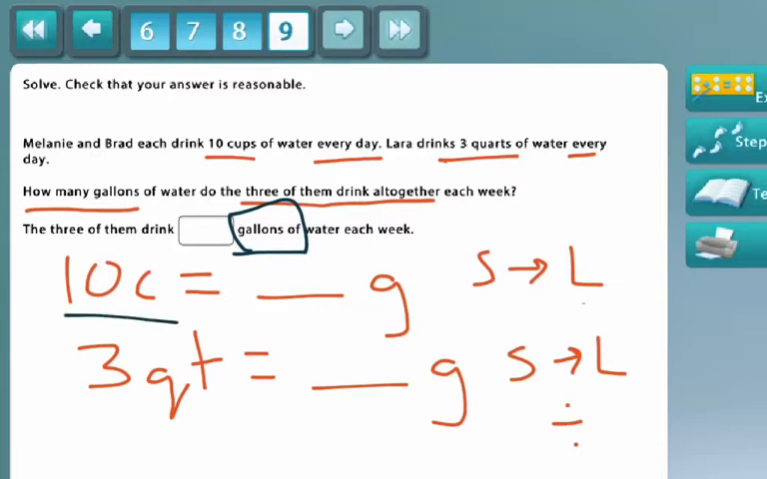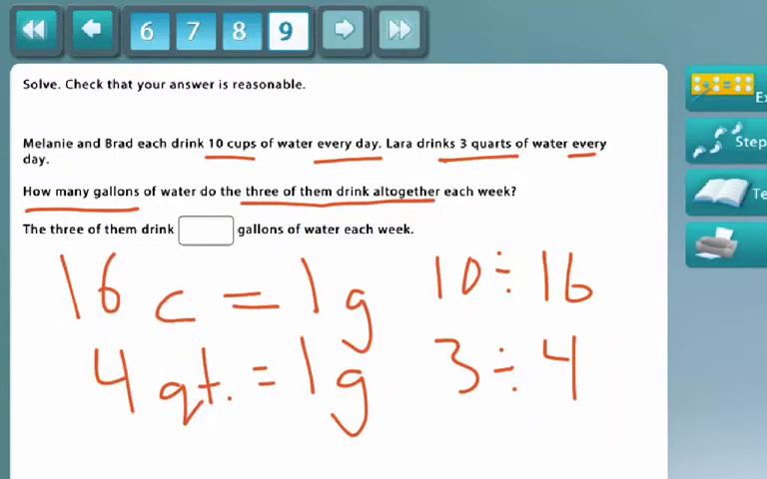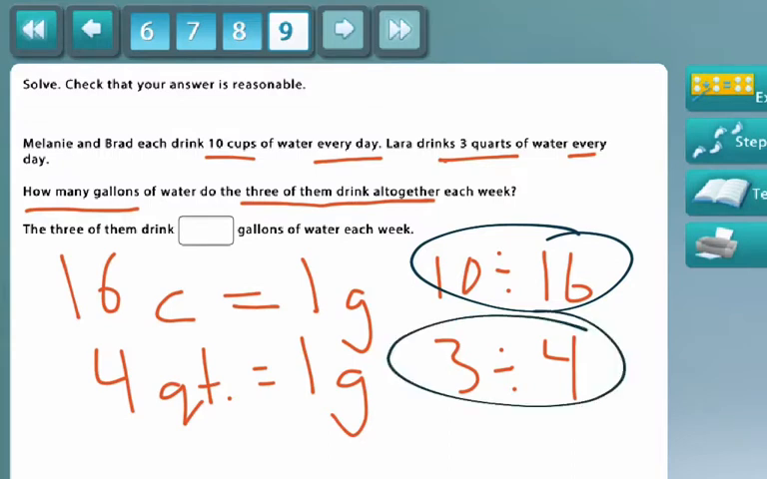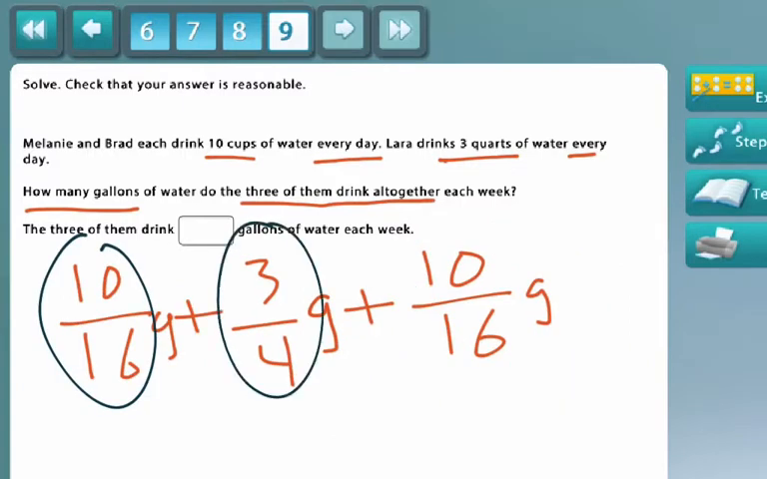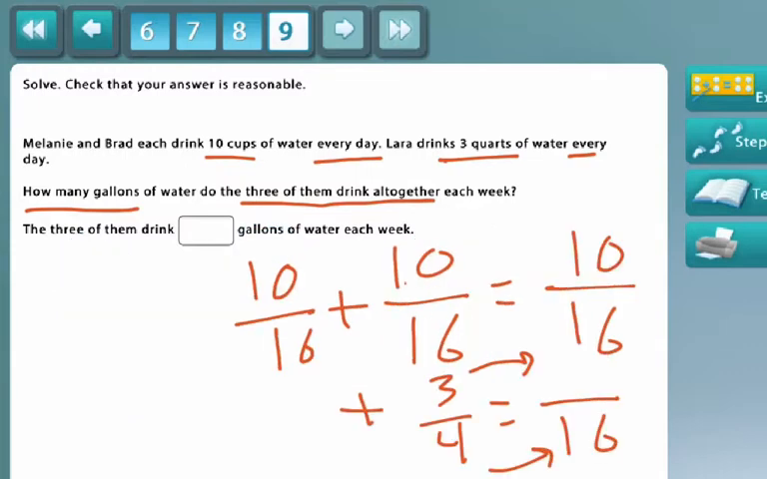So you see I have 10 cups is equal to how many gallons, and 3 quarts is equal to how many gallons. Both of these are going from smaller unit to larger unit, so we're going to use division for all our problems. 10 divided by 16 is what Melanie and Brad drink, and 3 divided by 4 is what Laura drinks. So 10/16 plus 3/4 plus 10/16, those are the gallons, and when you add those all up, you get